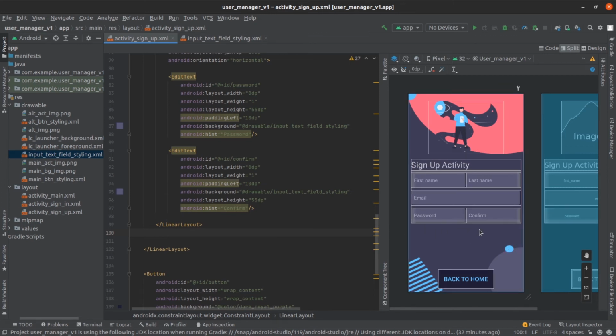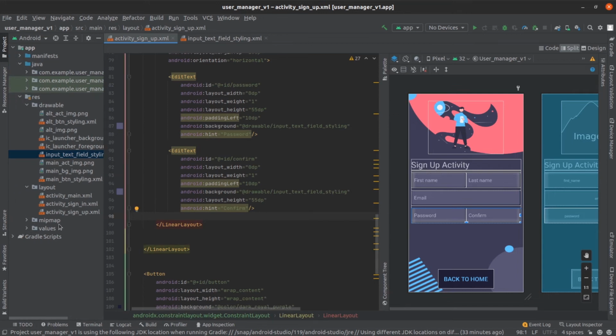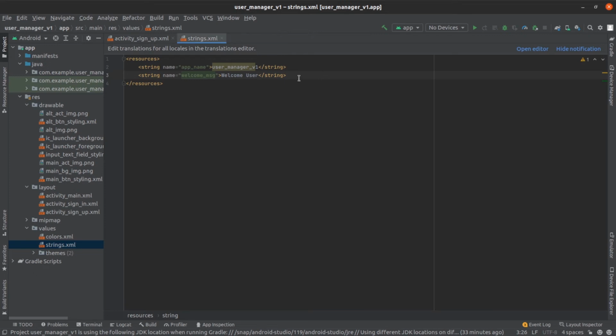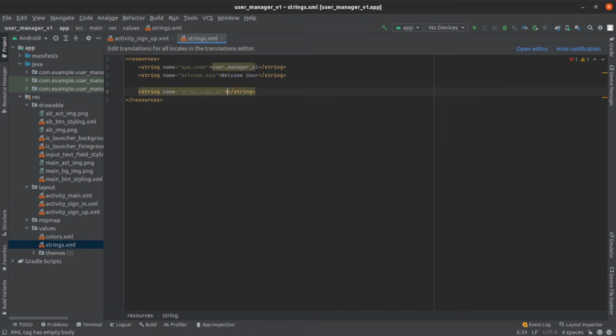So now I'm going to put a text at the bottom here that's going to take us to the sign in page. So I'm going to come back to our project structure here. I'm going to go to values, to strings. Let me close these. So here I'm gonna say string, and this one is gonna go to sign in. That's the name, and the value here is going to be already have an account question mark,